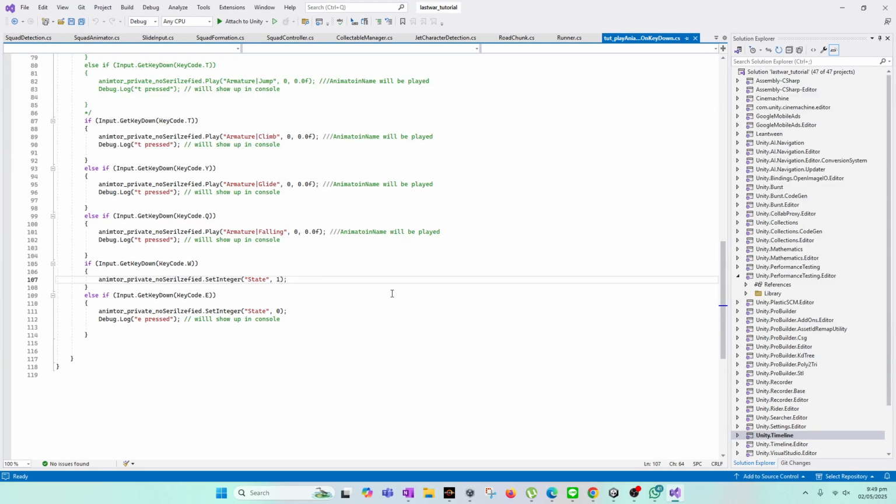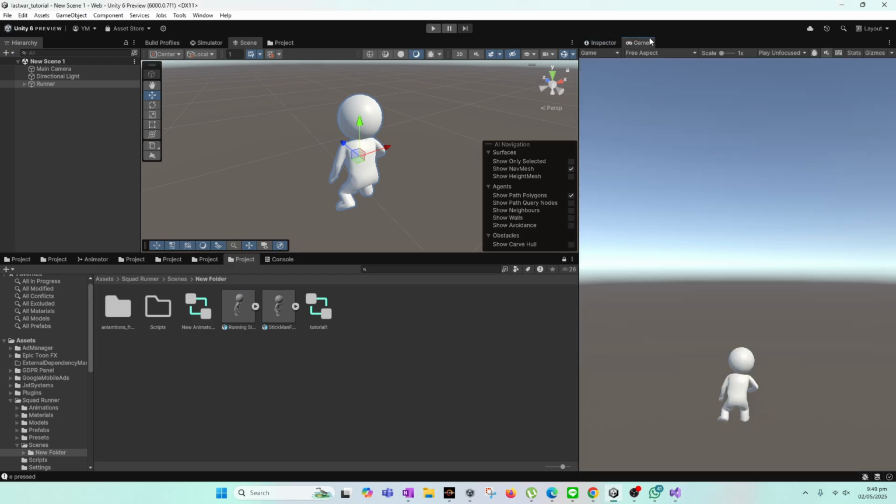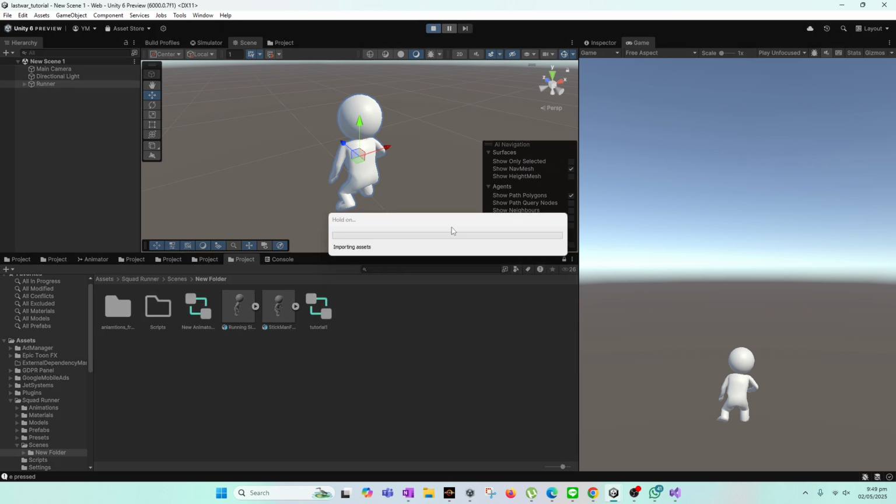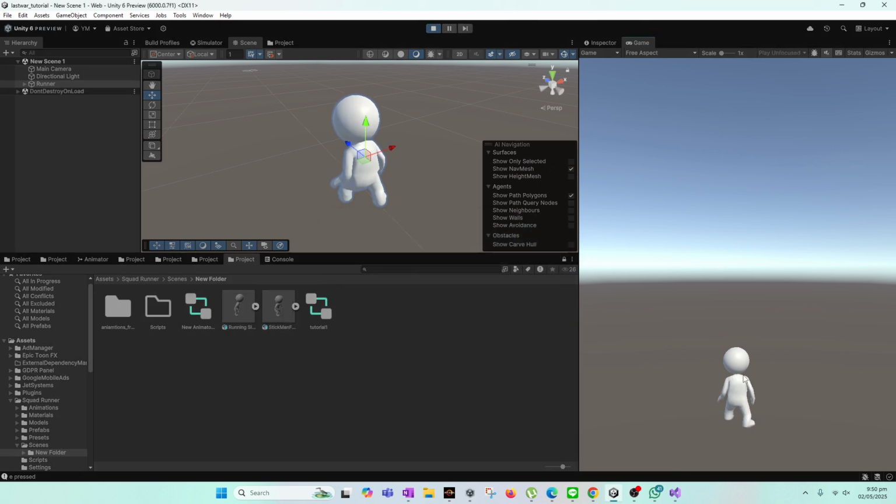And as you can see, when the W key was being pressed, the state would change from 1 to 0, and what that means was that the running animation would start to play. So when you come here and press the W key, the running animation played. However,